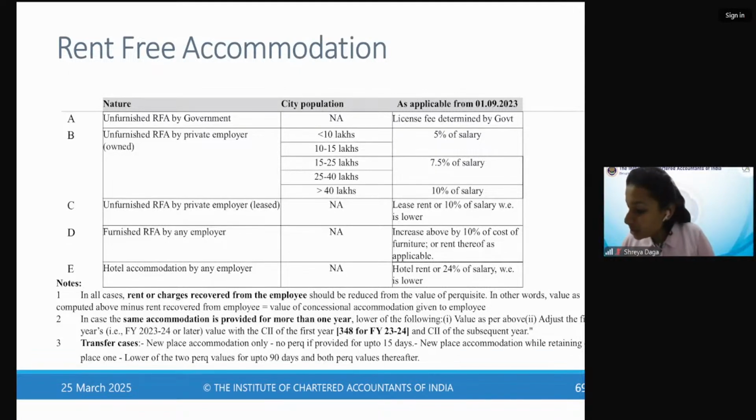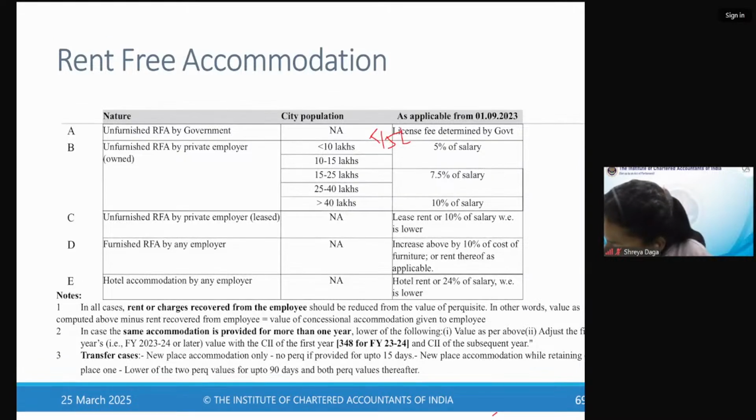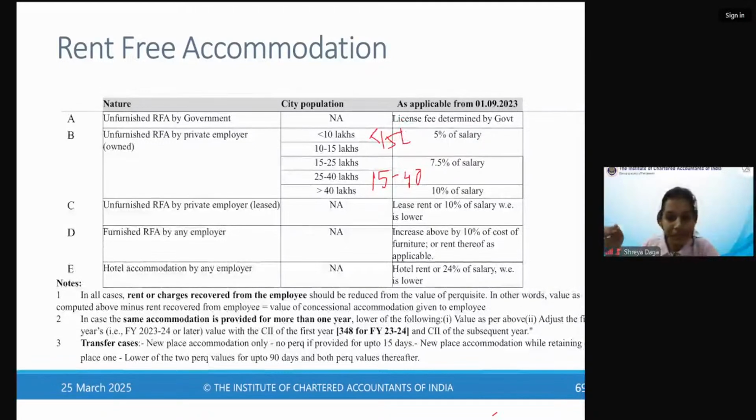अगर सिटी पॉपुलेशन 15 लाख के अंदर है तो 5% ऑफ सैलरी इज द टैक्सेबल वैल्यू। अगर सिटी पॉपुलेशन 15 से 40 लाख है तो 7.5% ऑफ सैलरी। अगर सिटी पॉपुलेशन मोर देन 40 लाख है, जो कि जनरली होती है, मतलब सपोज दे गिव यू एकदम सिटीज लाइक मुंबई, दिल्ली और पॉपुलेशन बताए नहीं आपको, तो आप प्लीज एस्टिमेट कर लेना कि भाई ये सारे पॉपुलर सिटीज में तो पॉपुलेशन इज मोर देन 40 lakhs ऑब्वियसली।